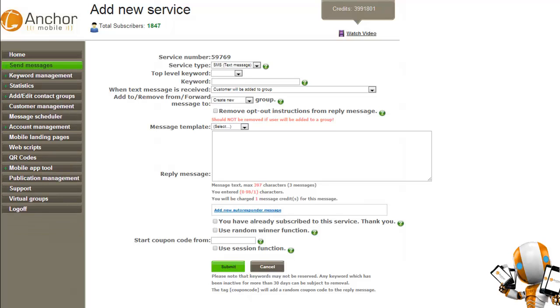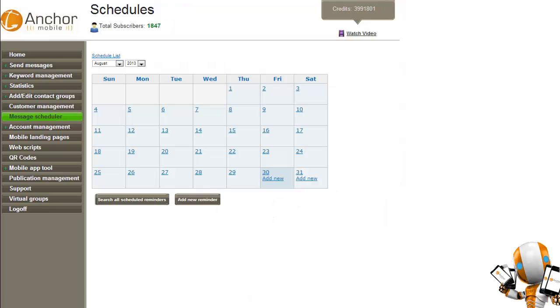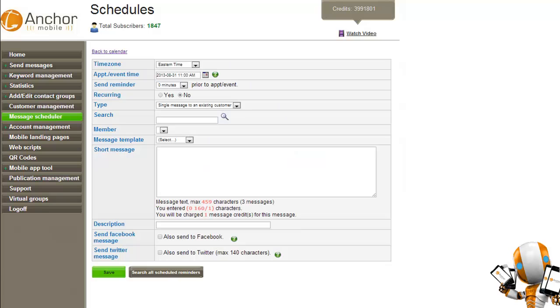So that's how you send real time messages. And we also have the feature of sending timed release messages through the message scheduler. Message scheduler is simply a calendar. We choose our date that we want to send the message. So if we want to schedule a message tomorrow, wishing everybody a great weekend or whatever it may be, it